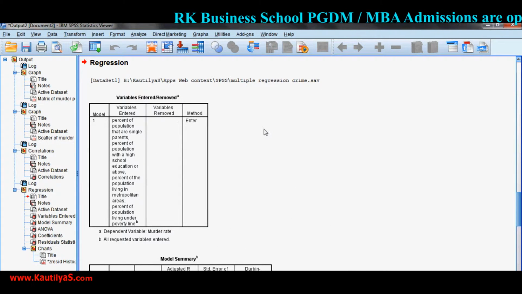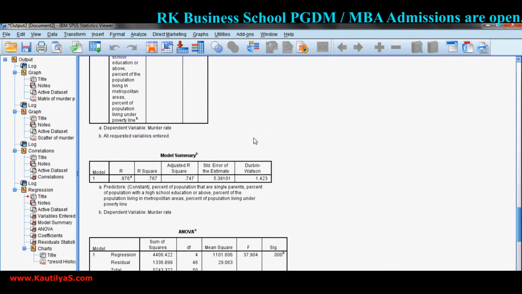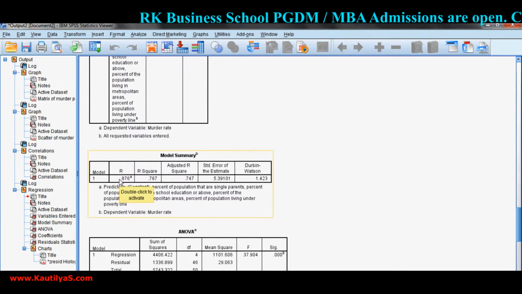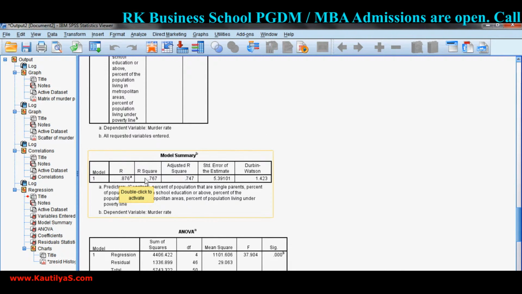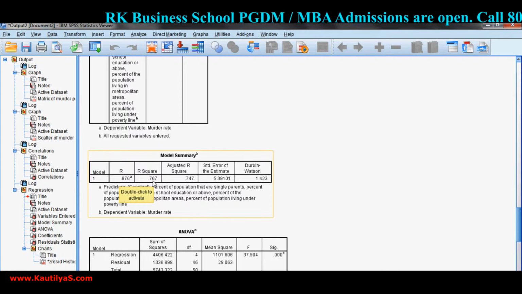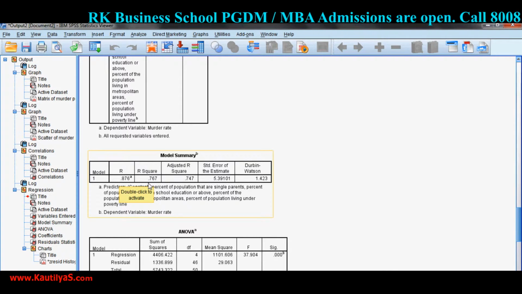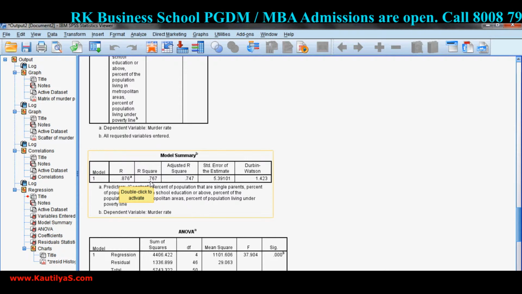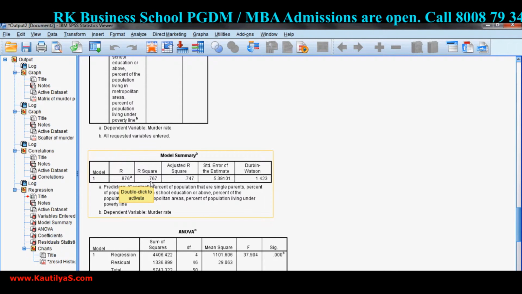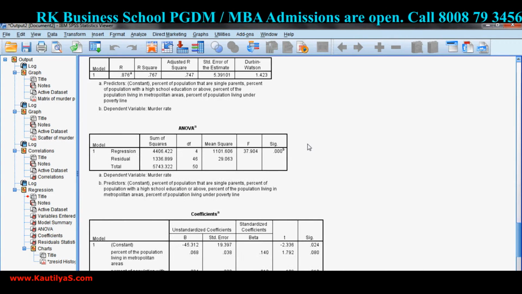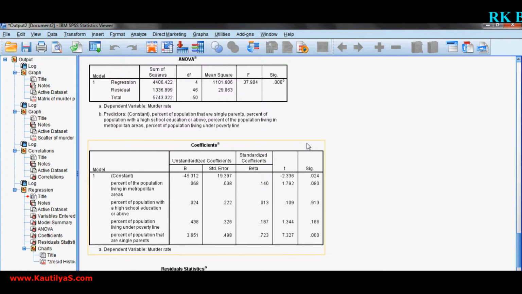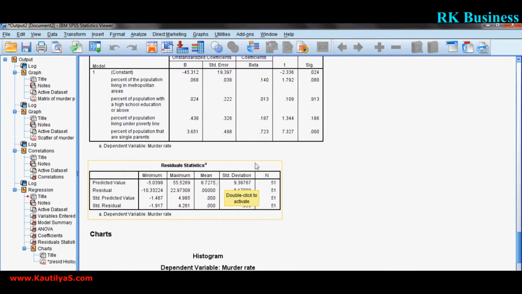So here is your regression output. You can see the R value is 0.876 and R square is 0.767. So we can say that 76% of variance can be explained by our independent variables. And we look at each item.